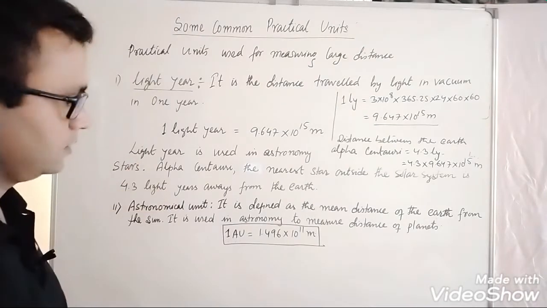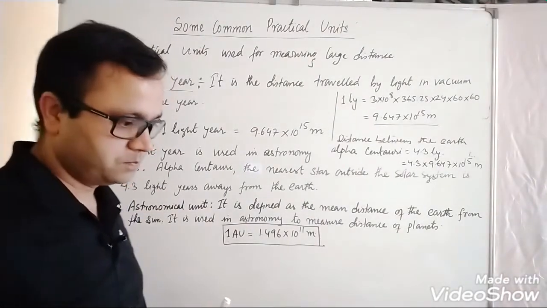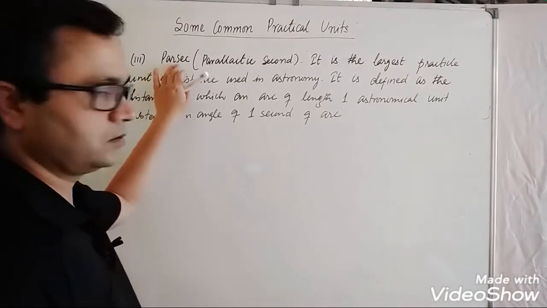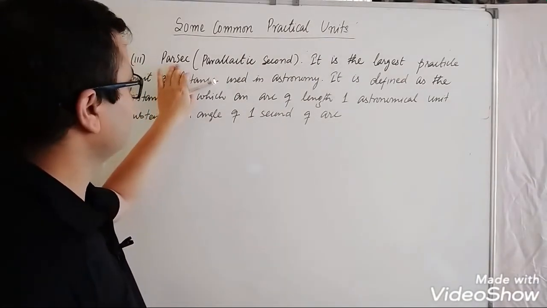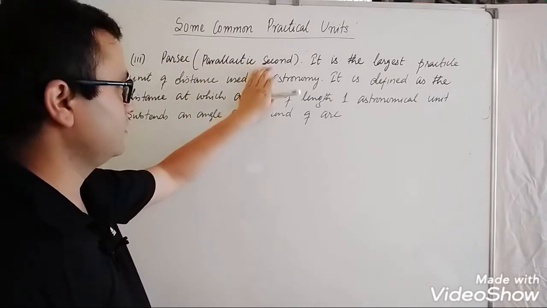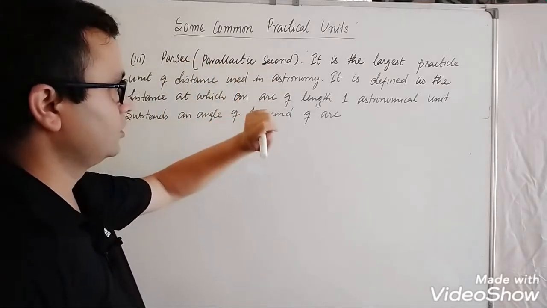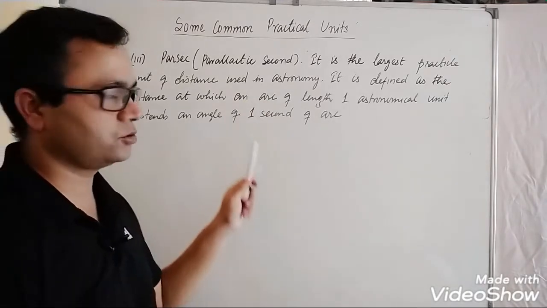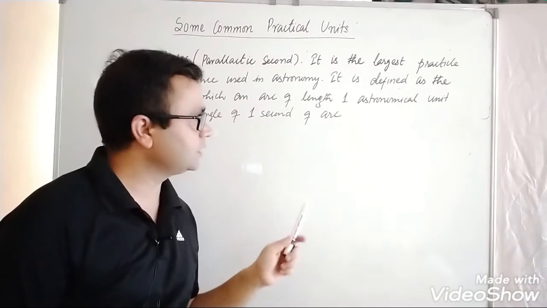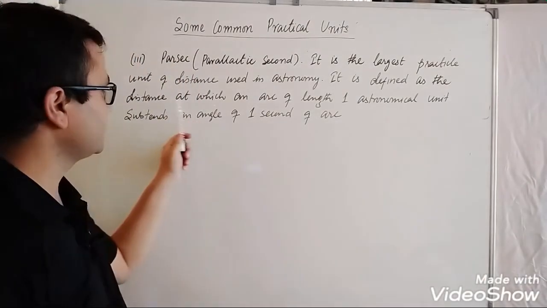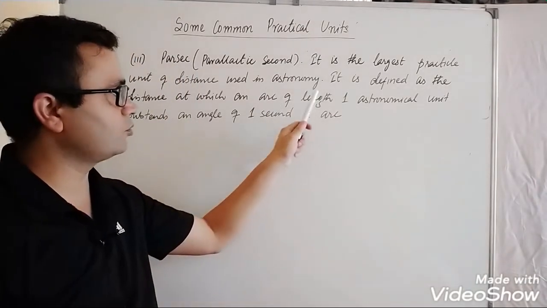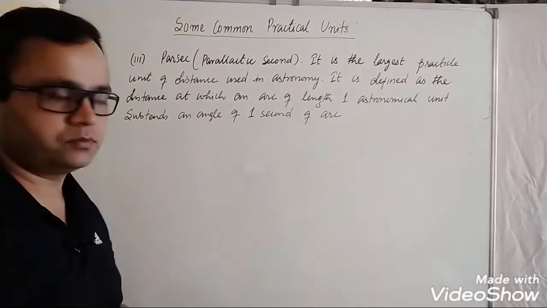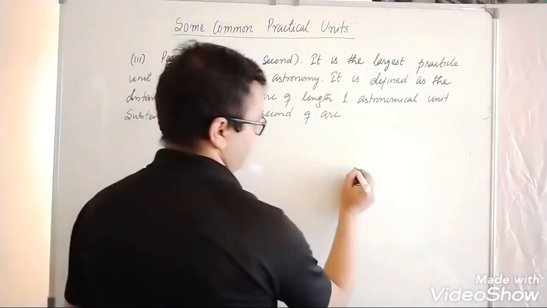So one left, that is parsec. The last one is parsec. Parsec is also known as parallactic second. It is the largest practical unit of distance used in astronomy. It is defined as the distance at which an arc of length 1 astronomical unit subtends an angle of 1 second of arc. That means, suppose we take